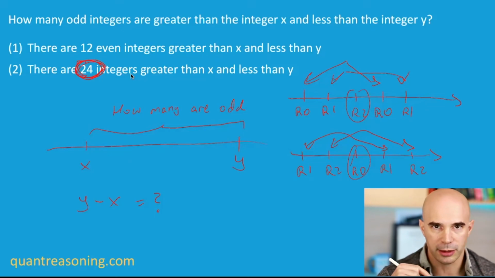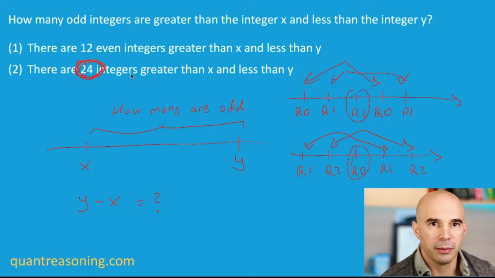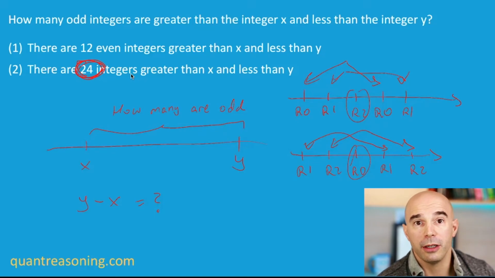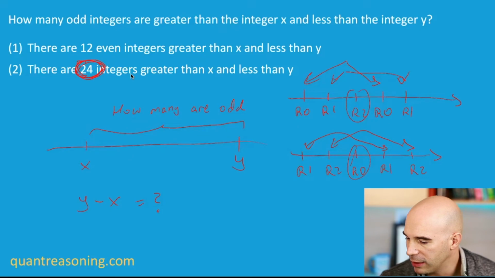This goes back to that discussion we were having about the cyclicality. It's an even number, so it'll be exactly 12 even and 12 odd, because we're talking about consecutive integers. So 12 will be even, 12 will be odd. And so now I can say a definitive answer of 12. The answer is 12. So statement 2 is sufficient on its own,